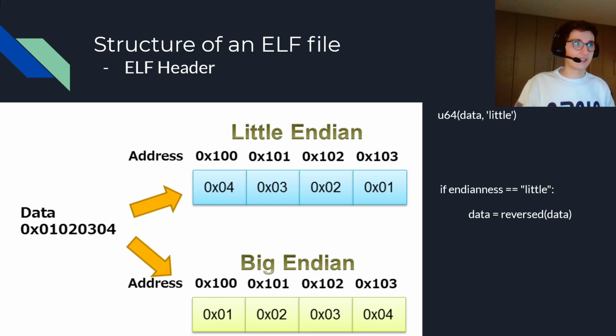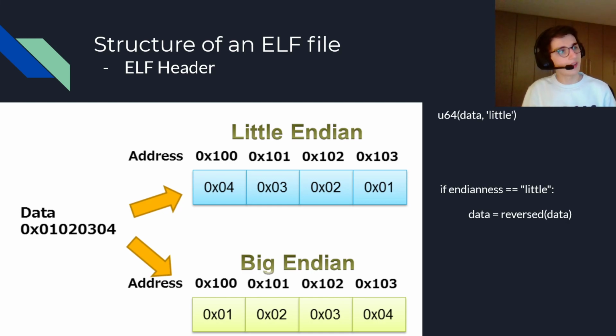So that's why this is the case. But this is very important for binary exploitation, because as you could imagine, if you get back, for example, a leaked stack address, you need to know, well, is my binary little endian or big endian? Because if you, for example, think your binary is little endian, but it's actually big endian, the address you're going to get back, you're going to process that wrongly, and it's not going to make sense,